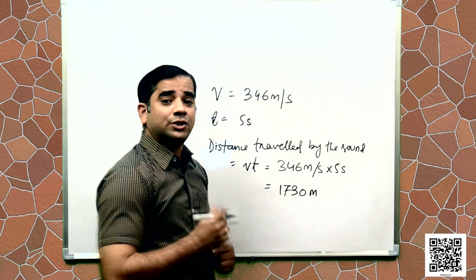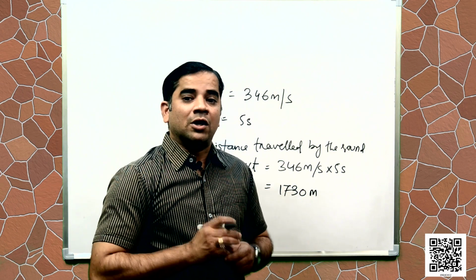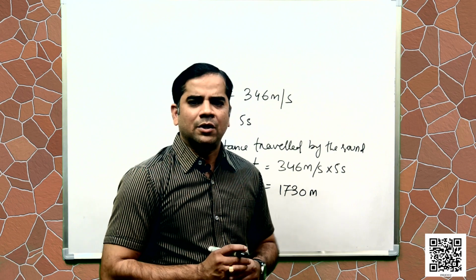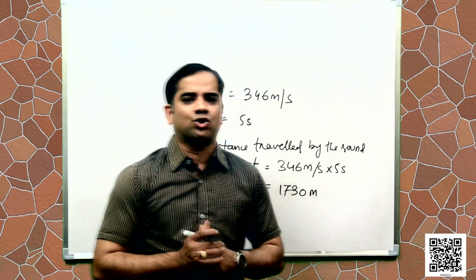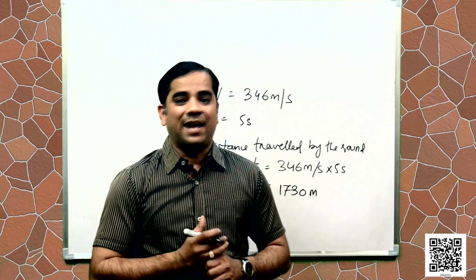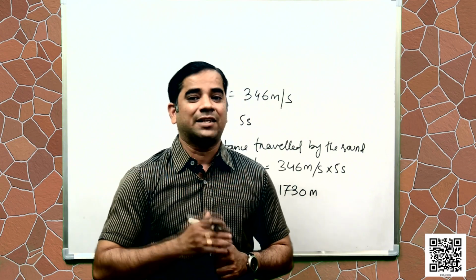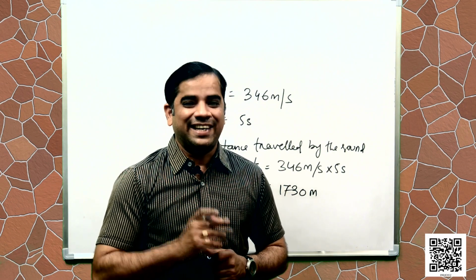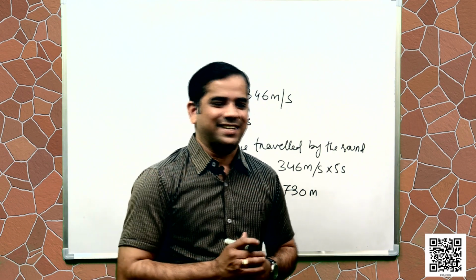Meter. So, sound should travel 1730 meter. Okay. So, in 5 seconds, sound has to travel twice the distance between the cliff and the person. Hence, the distance between the cliff and the person should be, can you find it? Yes, it is half of the distance, that is